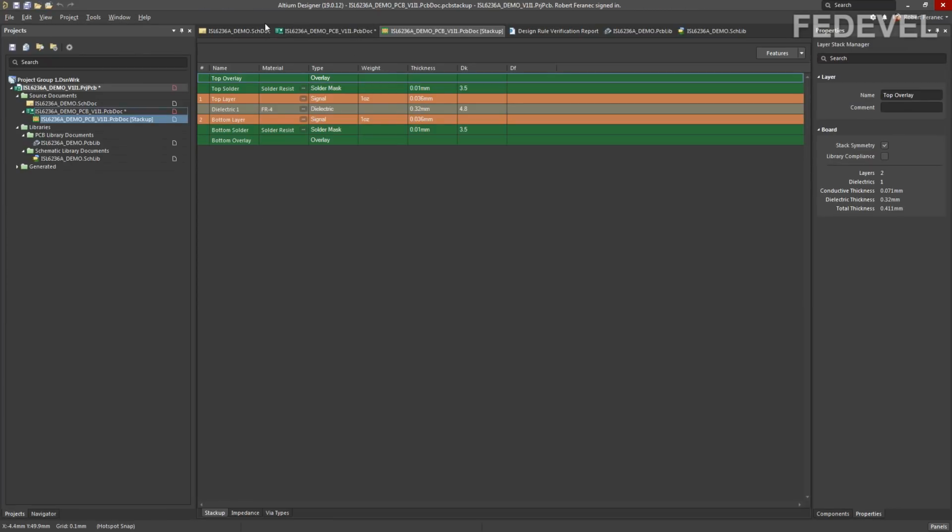This is how our current stack up looks. So we have top and bottom overlay layers. Then we have top and bottom solder mask layers. And we have copper top and copper bottom layer. Between the two top and bottom layers, there is the dielectric.